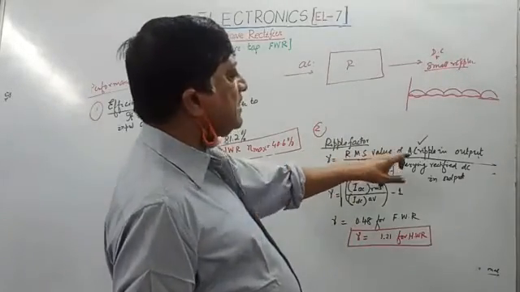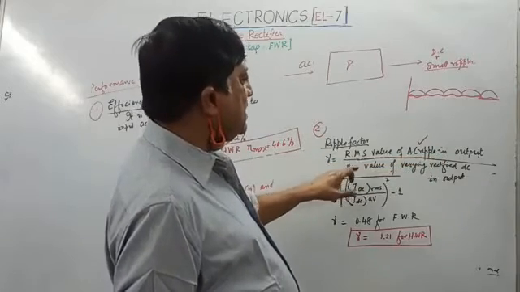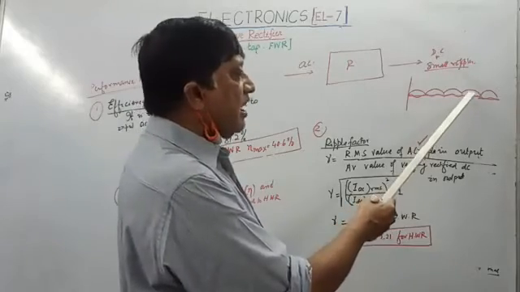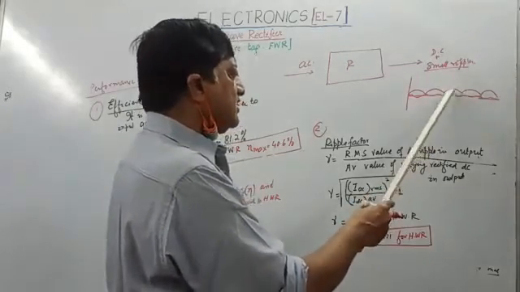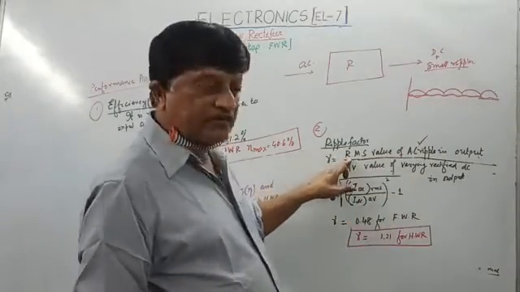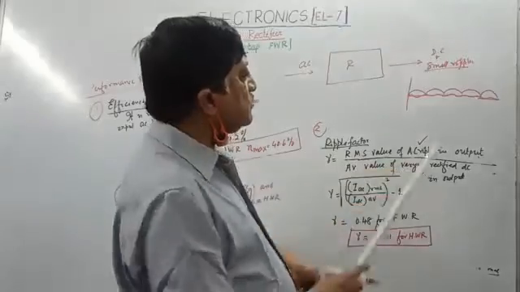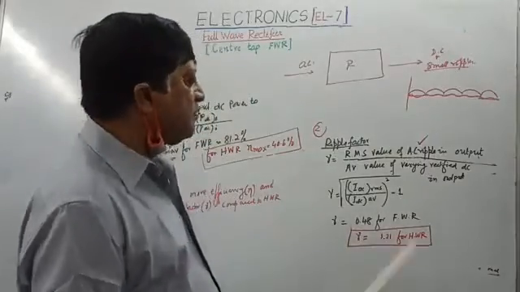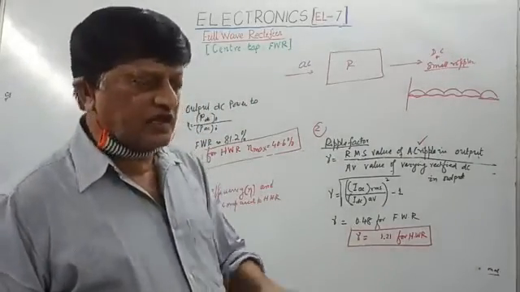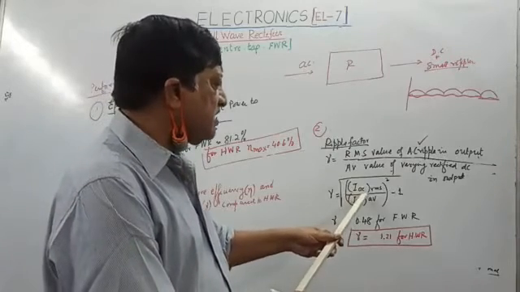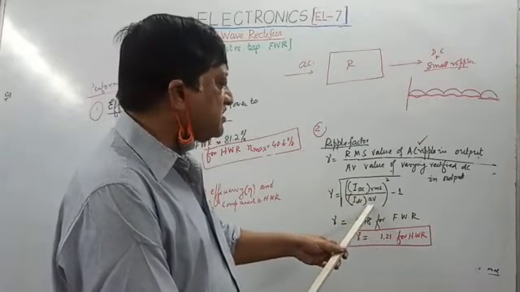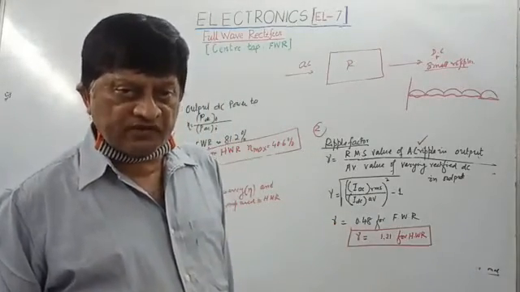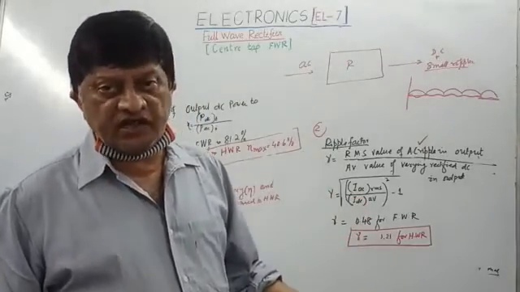It is equal to the RMS value of AC ripples in the output divided by the average value of varying rectified DC in the output. Say, how much is the output DC and how much is the ripple. For this AC we take the RMS value, and the DC we get is a varying thing, so we take its average, and that is called gamma. And there is a formula: you need not derive it, but remember it. Gamma is equal to the square root of, I RMS value divided by I DC average value, whole square, minus 1. Mind it, never get bothered about the derivation, just remember it, you will get the credit in the examination hall.